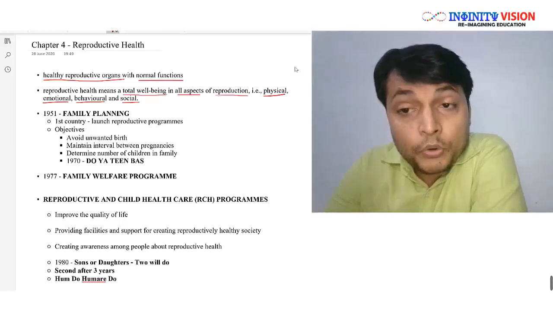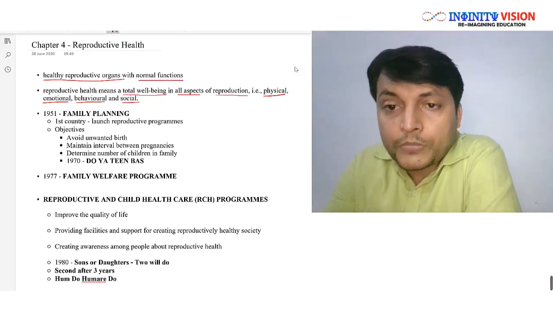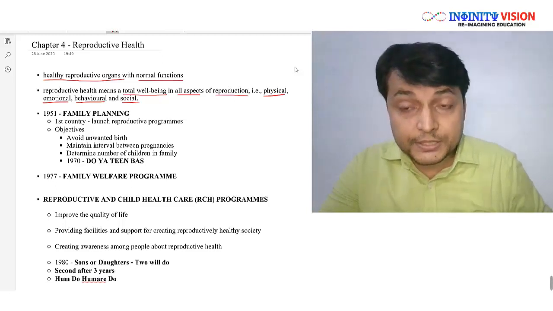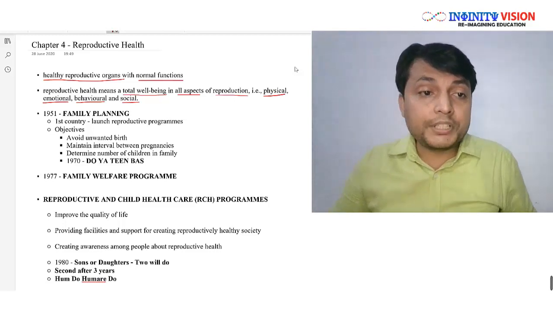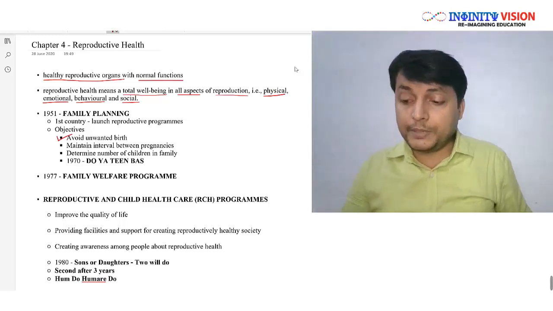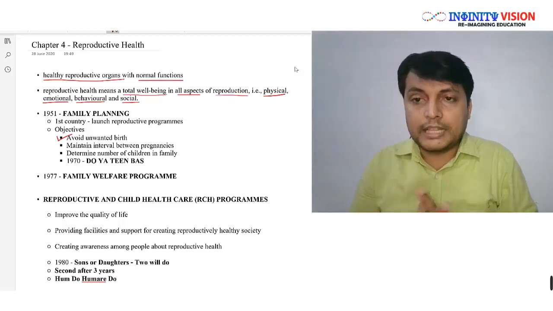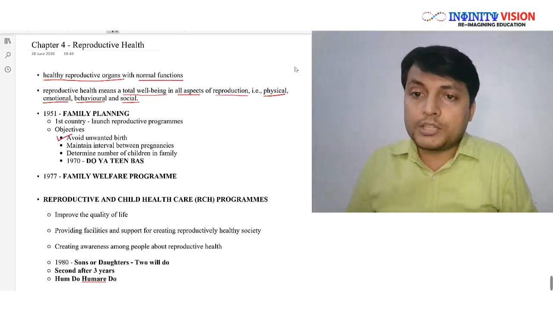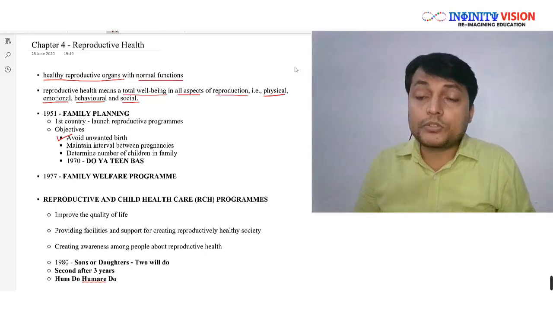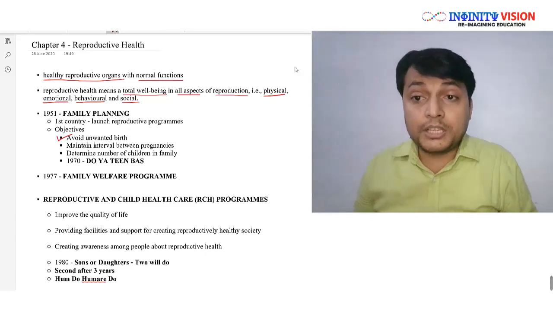Now in 1951, when this family planning was introduced in our country, the objectives were very clear. What were the objectives? The objectives were to avoid unwanted birth. See, there are two kinds of births, one is wanted and second is unwanted. You can also consider them as wanted pregnancy and unwanted pregnancy. So what we wanted is to avoid the unwanted pregnancy, at the same time to care about the wanted